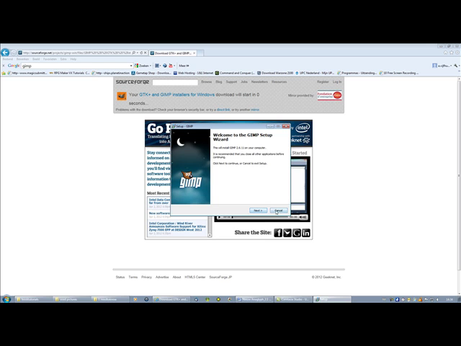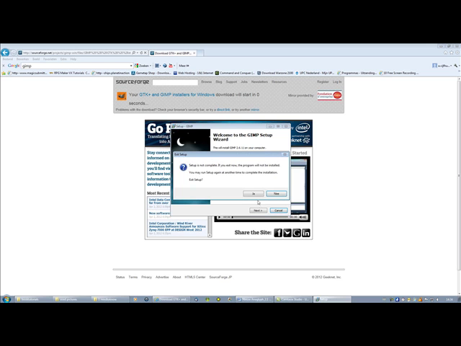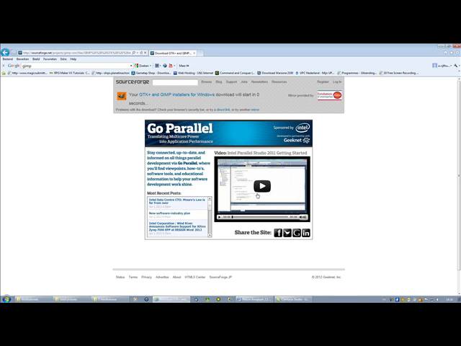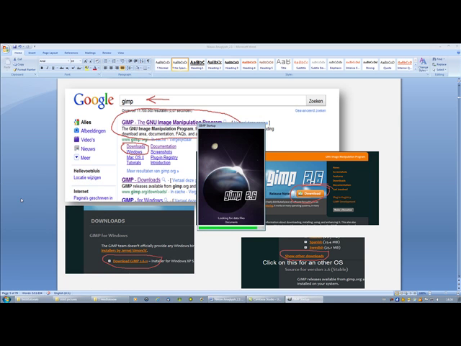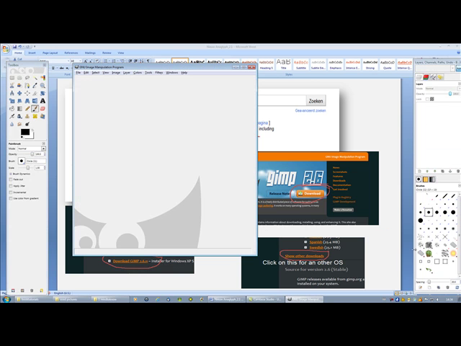Okay, I installed it, so I say cancel. Let's hit setup, yes, and I have it already here. GIMP 2. And you start it up, and that's it.